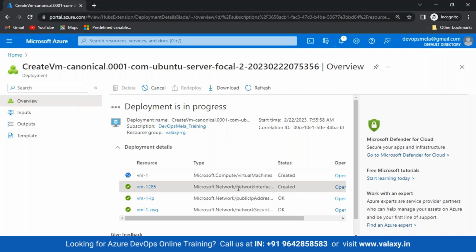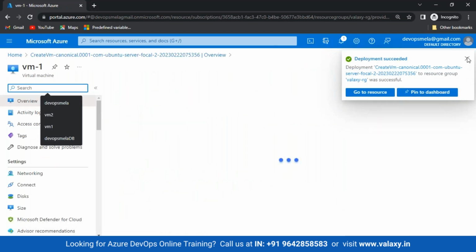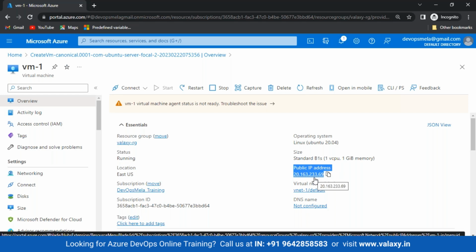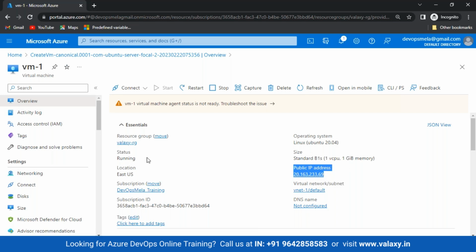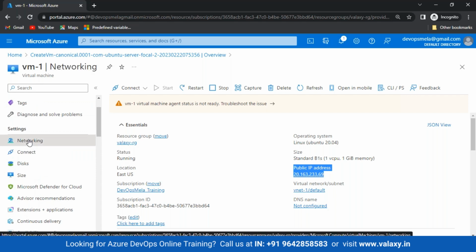If you would have noticed, a network interface card also got created. There's a public IP that is getting assigned, and go to resources. This is your VM which got created. Now this VM has a public IP over here. Okay, so this is the public IP which is getting assigned. If you want to connect this system to internet, then there's a public IP. And if you come to left hand side down, there's an option of networking over here. If we click on this networking,